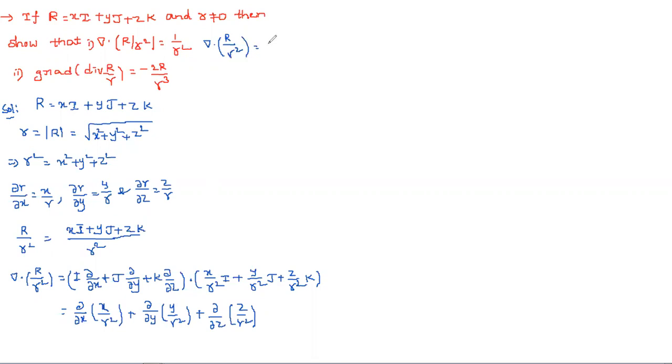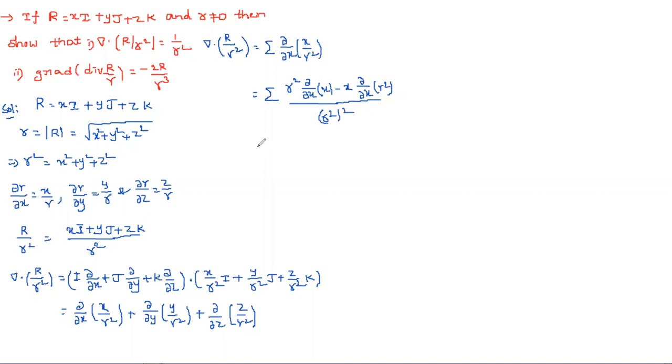simply summation, I'm going to write dou by dou x of x by R square. So this is equal to summation. Here you can apply the partial derivative with respect to x. It is in the form of u by v. If you want, you can bring this into the numerator and then apply the uv formula, or directly apply u by v. So u by v is nothing but v u dash, dou by dou x of x, minus x into dou by dou x of r square, by v square, that is r square whole square.